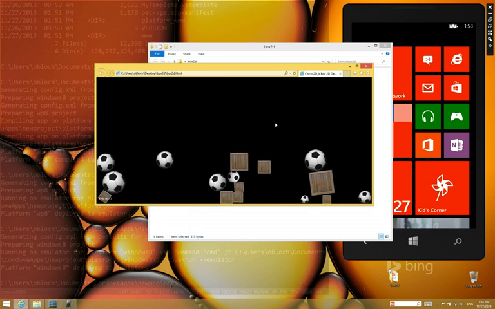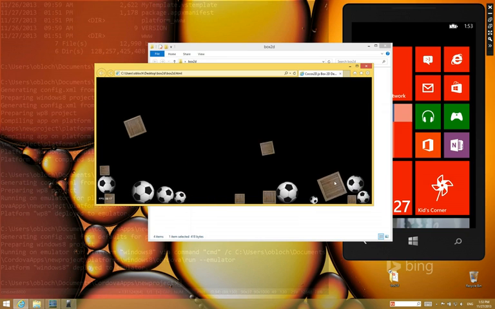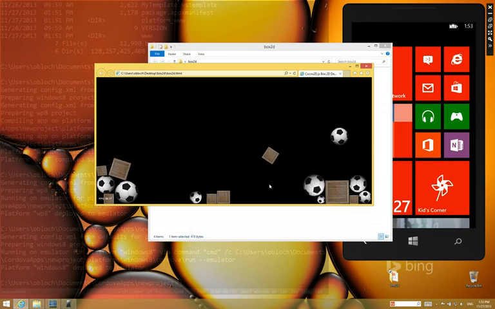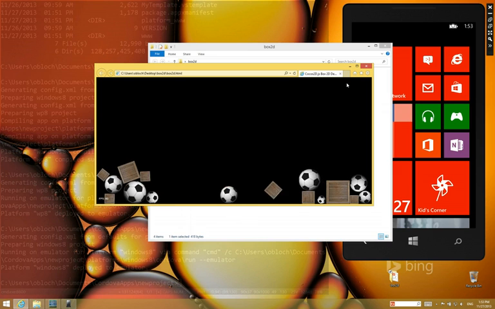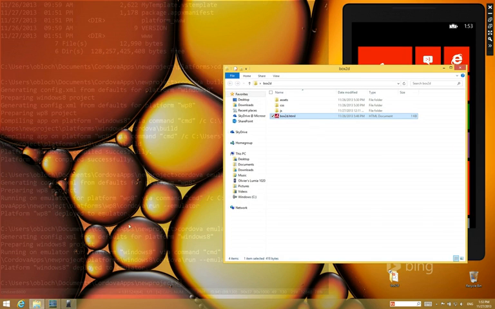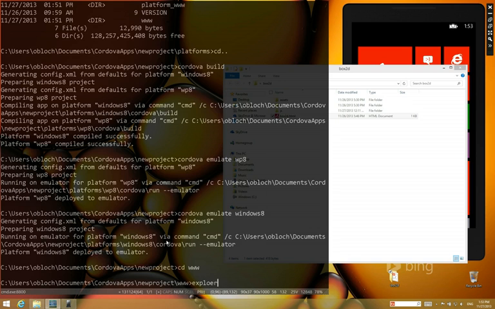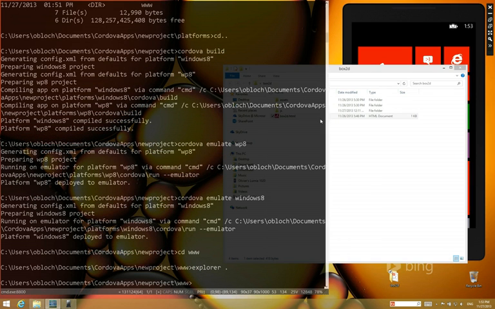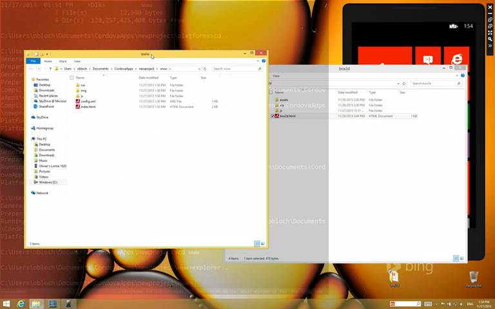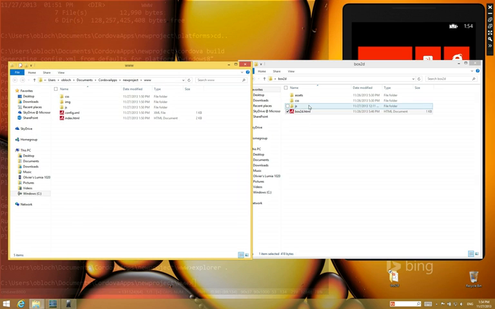Refresh the page. So here we have some elements, we have a physics model, we can move things around. So that's web, that's pure web code, JavaScript, HTML running in my web page here, and it's all contained here. I will modify the code here, so let me navigate to the www folder of my project and show that here. So this is the actual index file and the various JavaScript and CSS that I will